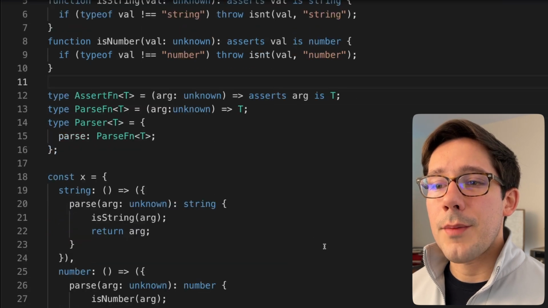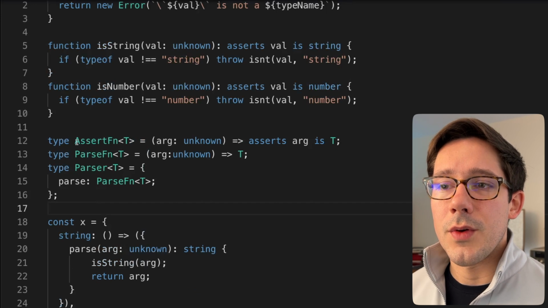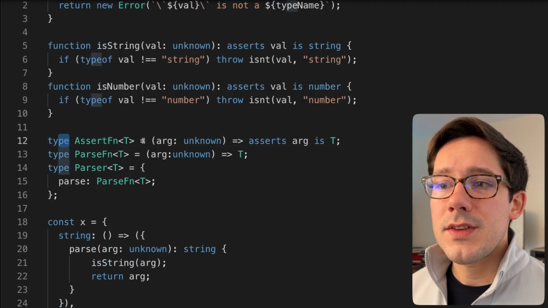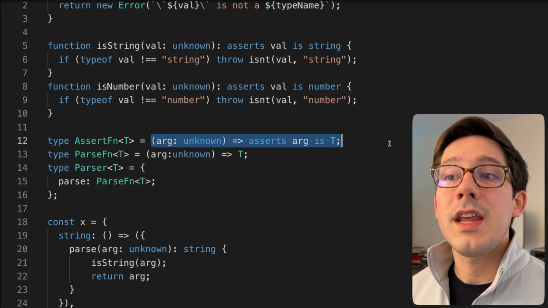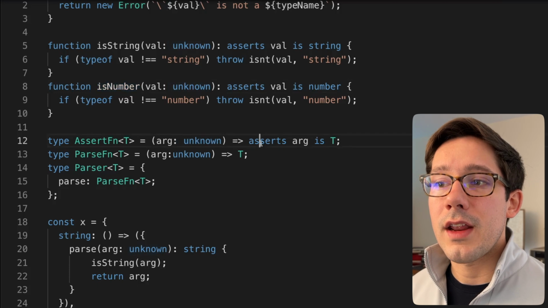So let's build up our own version of Zod here. I've got a couple of types just to show us what's going on. We've got this assert function. I'm not actually using this type anywhere, but this is going to be the type of any of these assert functions like isString, isNumber. This just takes some unknown argument and it asserts that this argument is